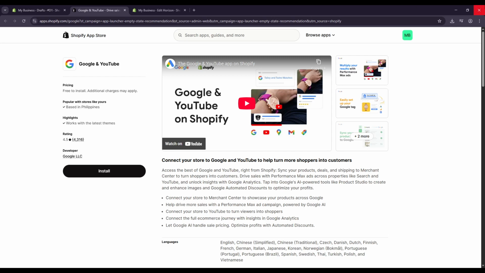On the Google channel page, click Start Setup. You'll be prompted to connect your Google account. A sign-in window appears. Choose the Google account you use for your business and confirm the permissions. It's important to use the business account you want tied to your product listings, not a personal one you don't plan to manage. Granting access lets Shopify communicate with Google on your behalf, so product availability and pricing can sync